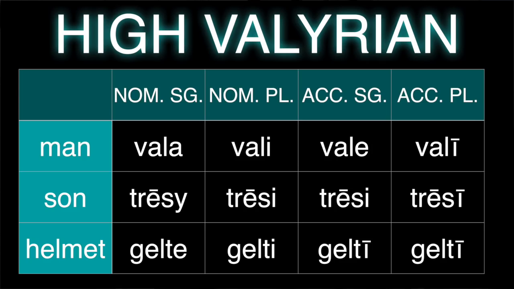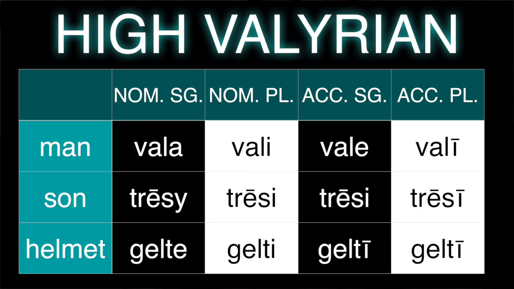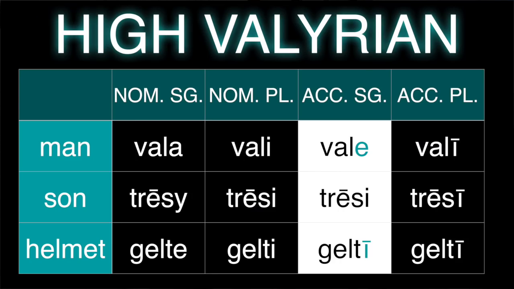So looking back at the forms, with vala, again, the strong plural, let's look at the plurals first. The strong plural basically knocks out the vowel for all 3 of these forms. So they all have exactly the same plural nominative form and plural accusative form, but we'll get to that one later. Look at the plural nominative. They all have a short E because they basically just kicked out the old vowel. For the accusative singular, there's a bit of a weaker thing there, and it's more of a combination. So you have this A plus a short E becomes an A. The E plus an E becomes kind of an A, which then gets realized later on as a long E.